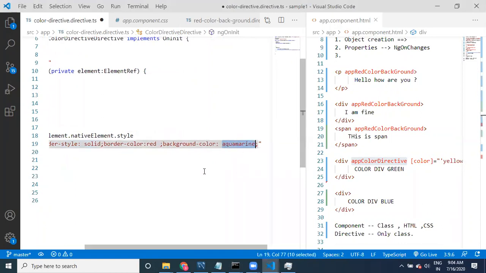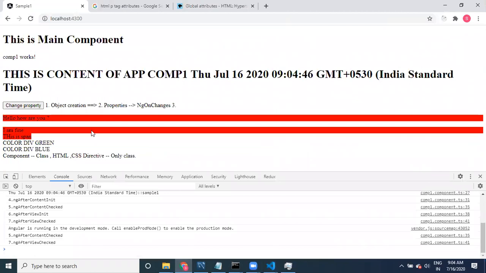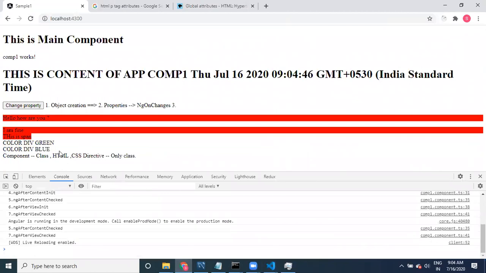Background color is this one. Just look at it, guys. If you provide like this, how is it going to display? It is going to apply the styles. Okay, style, right? If you want to provide style, it is not applied. What's wrong?